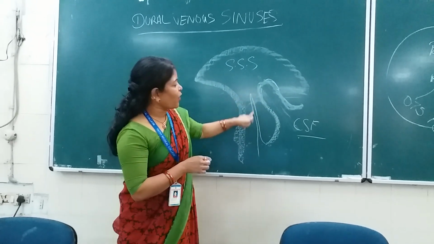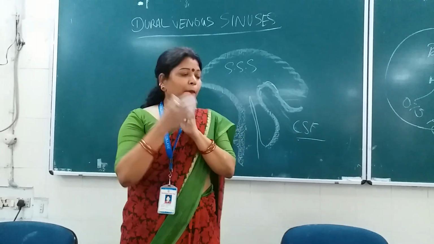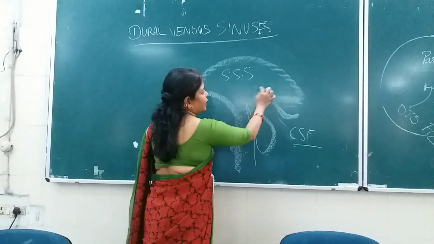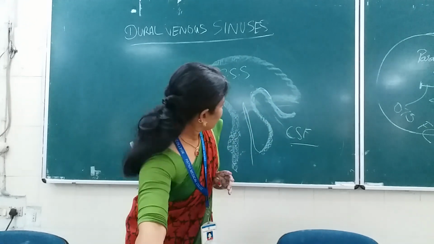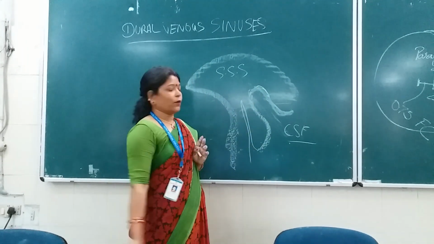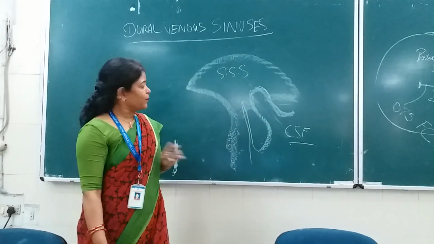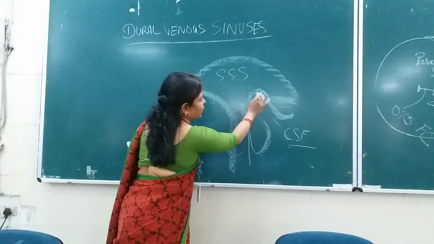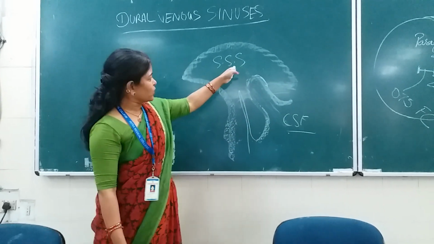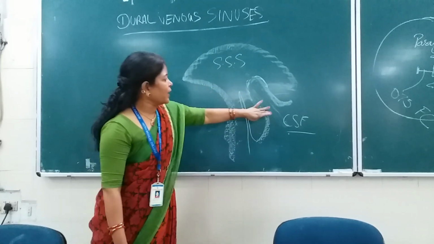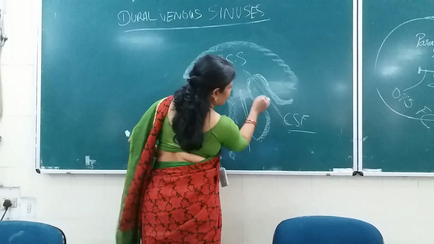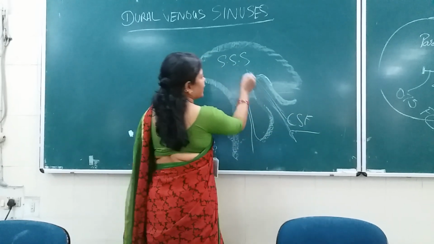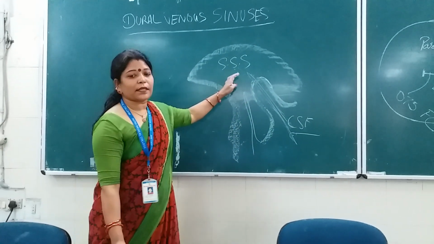It was previously in the form of villus, a finger-like structure. But as age advances, it becomes globular in shape, with multiple heads, and is known as the arachnoid granulation now. This is known as the arachnoid villi. In the dura mater there is a slit pore, and through that pore the arachnoid granulation dips into the superior sagittal sinus, and there are canaliculi through which the cerebrospinal fluid moves from the subarachnoid space into the sinus, that is the superior sagittal sinus.